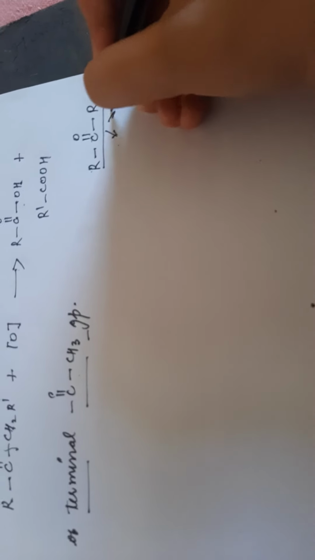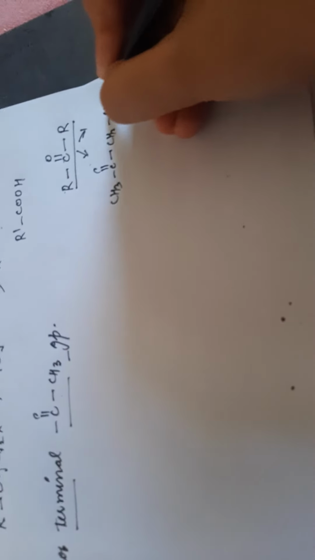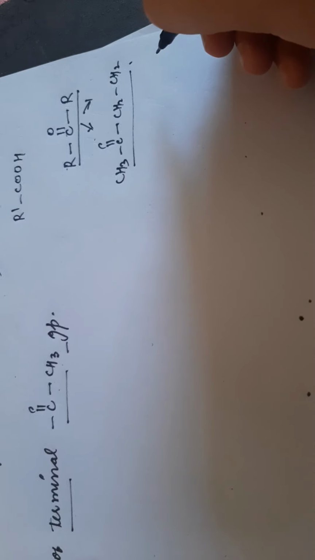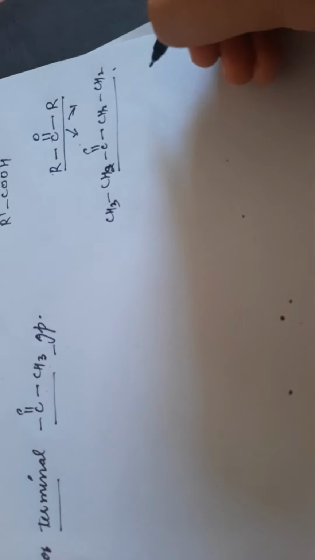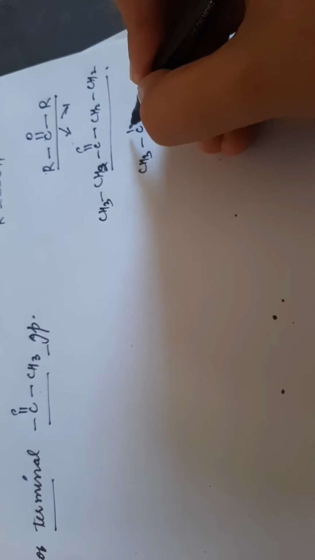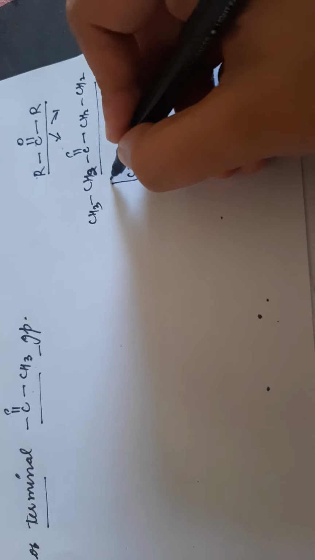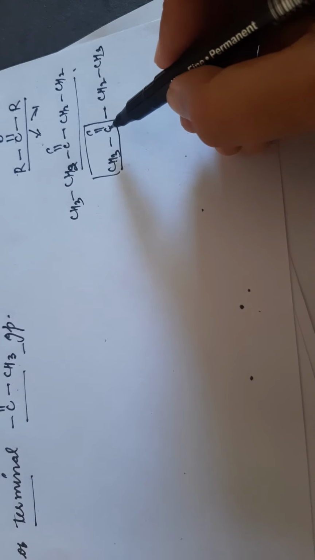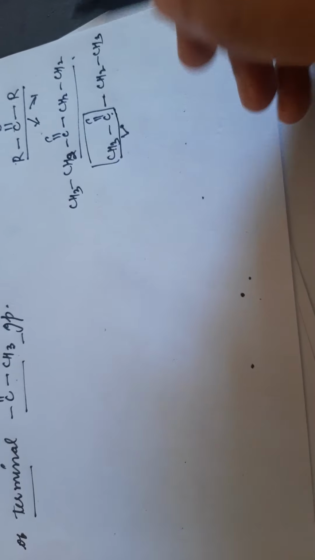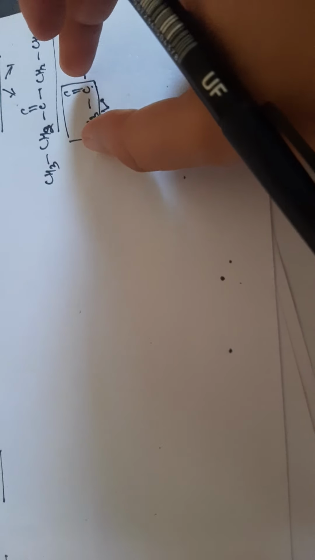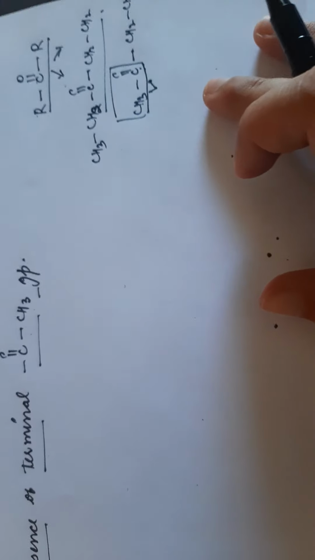I can give you an example of the terminal and non-terminal. Suppose we have this ketone, this is the non-terminal one. And if we have this type of ketone, this is the terminal one. Basically the ketone having a CH3 C double bond O group is the terminal one, because in this the carbonyl group is present at one terminal. We want to know whether this terminal carbonyl group is present in a terpenoid or not. Then we have to do the haloform reaction.